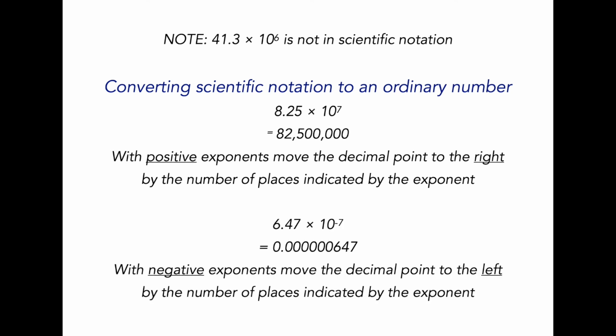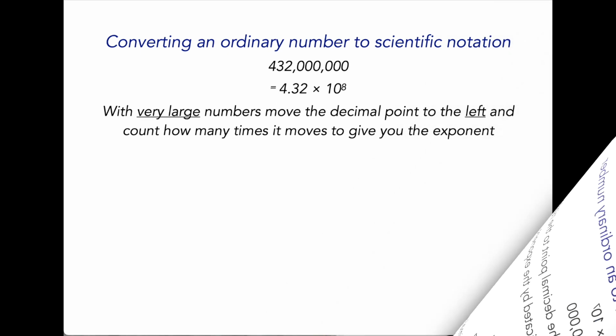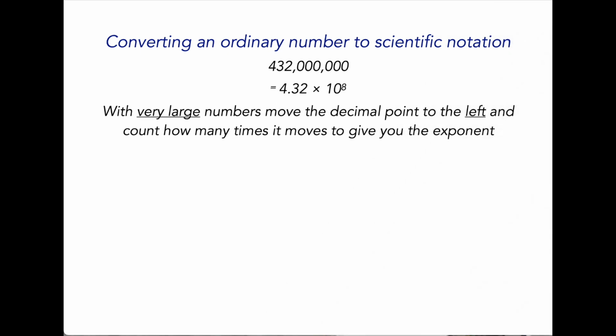And if we have a negative exponent, we move the decimal point to the left by the number of places indicated by the exponent. So that should make it simple for you to understand how to convert a scientific notation to an ordinary number. But what if you were being asked to convert an ordinary number to scientific notation? Well, if the number is very large, as in this example,